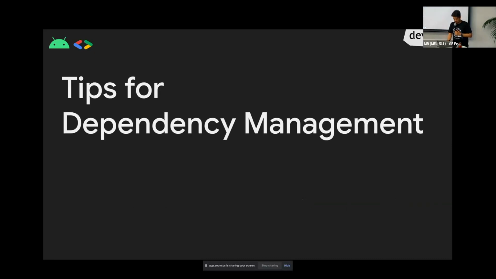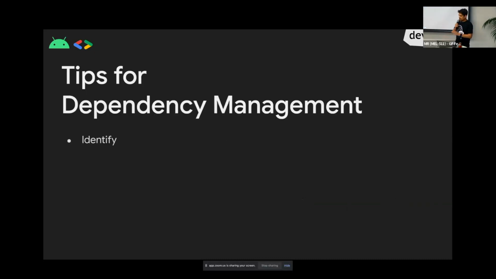Some tips for dependency management, quick ones. You need to assess and prioritize your dependencies based on what you need. You need to get rid of dependencies that you don't really need or that are bad. Something more important obviously needs more attention. Try to automate as much as possible. The libs TOML file is automating a lot of things for us, referencing and all these things. So make use of it. Make sure your life as a developer is easier so you can focus on solving harder problems in the project itself.